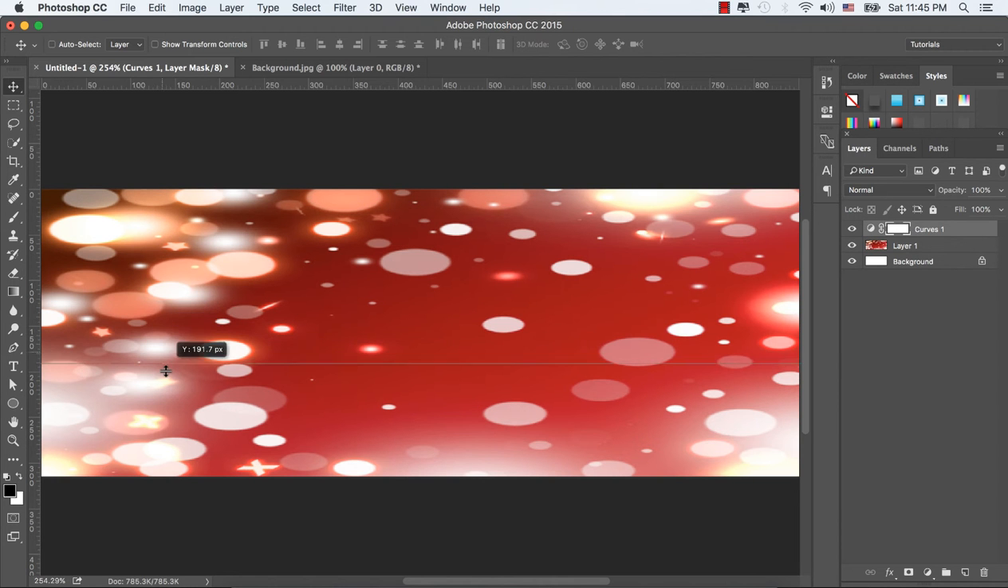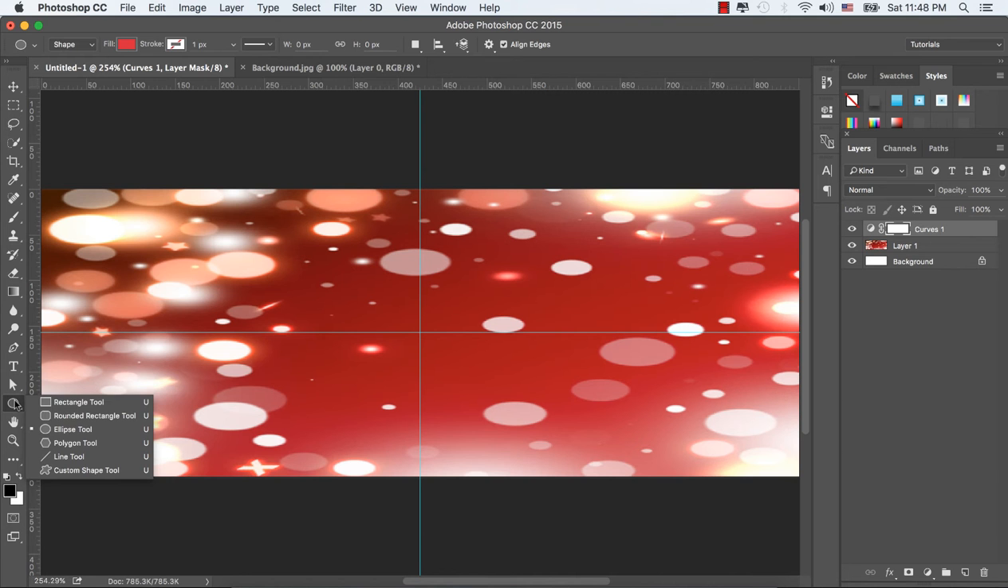Now let's bring a guideline from the top bar and snap it in the middle. Another guideline from the left side and snap it again in the middle of our document. And now let's select the ellipse tool from the toolbar, which is inside the rectangular tool, and